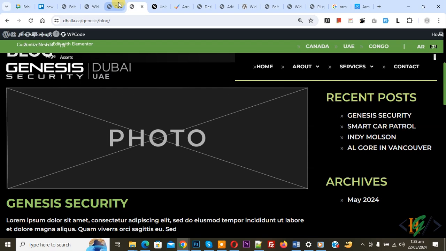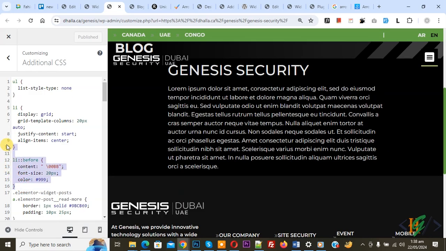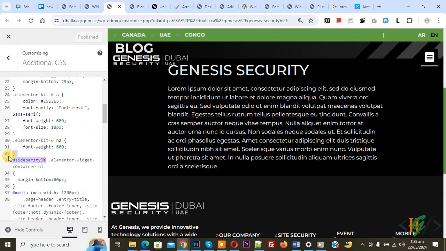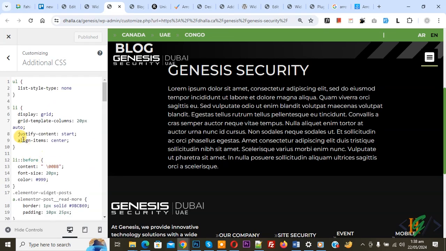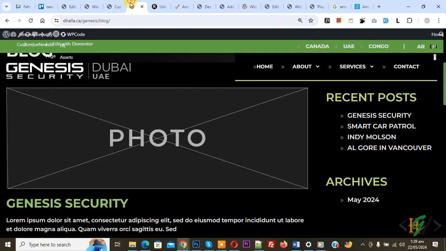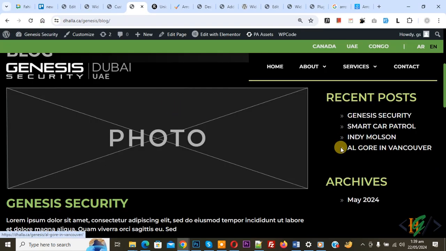Now go to the customize section and we are going to apply this custom CSS to a specific section by using a class or ID. So this is our ID, sidebar-style. Now copy this. Now scroll up, paste here. Now you see this is our ID, hash sidebar-style, UL, paste here again. Then click on publish. Now publish done, go to the website page and refresh the page. Now you see changes apply on this section only, the remaining is all good, because we added the CSS ID before the custom CSS